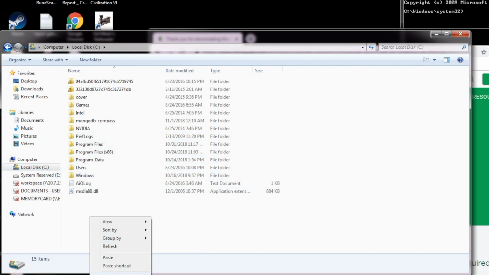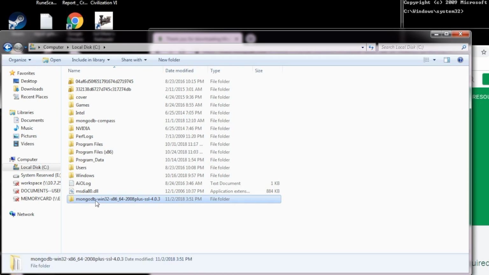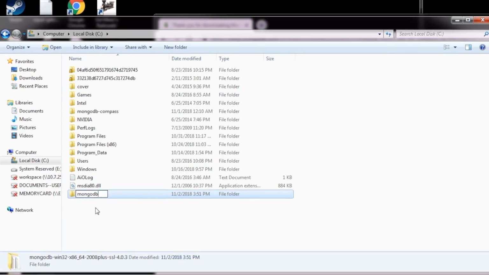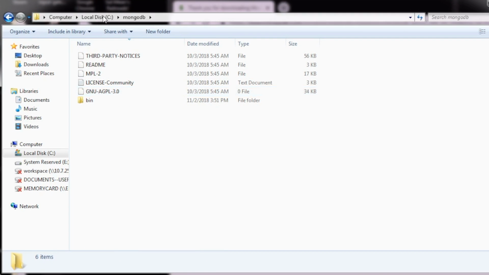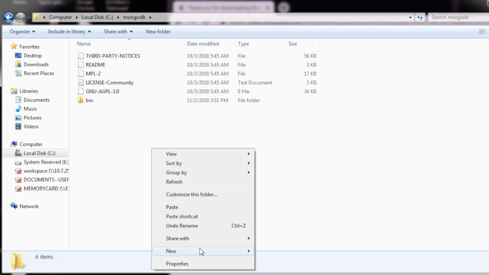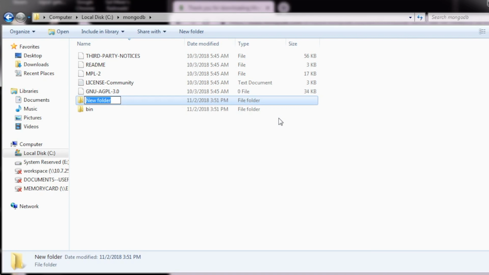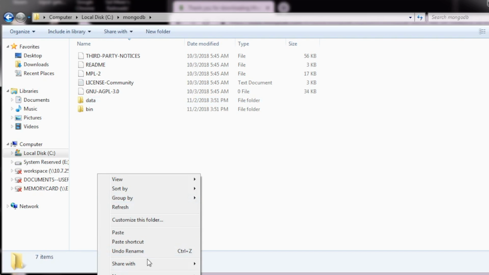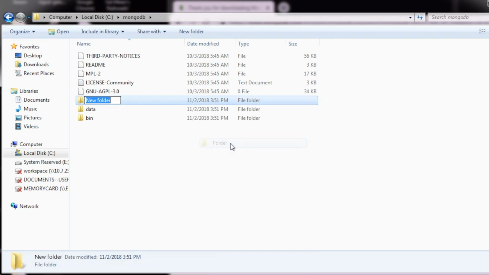Go into your C drive, right click and paste. Get rid of the suffix there. In this MongoDB directory, you need to create 3 folders: 1 data, 2 db, 3